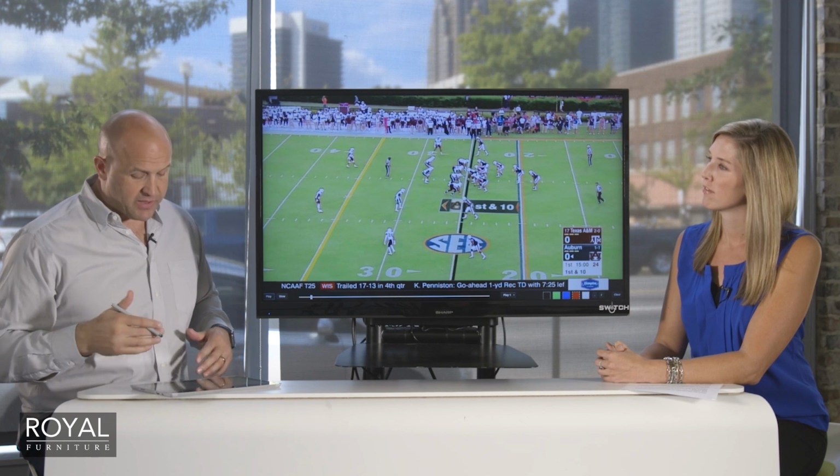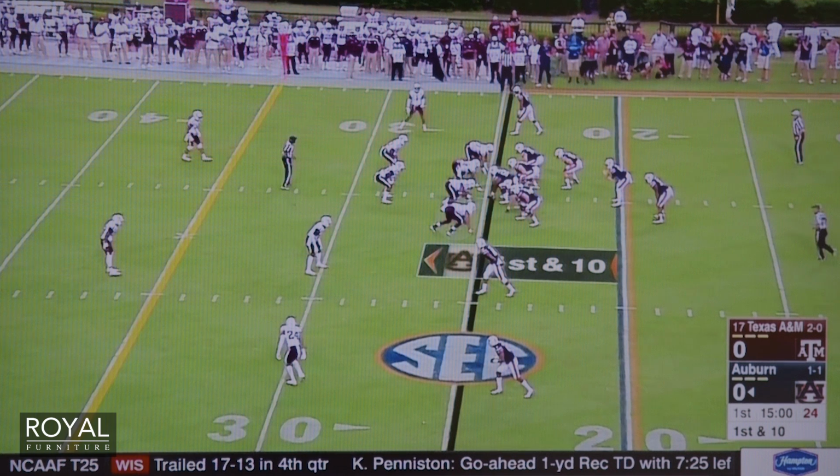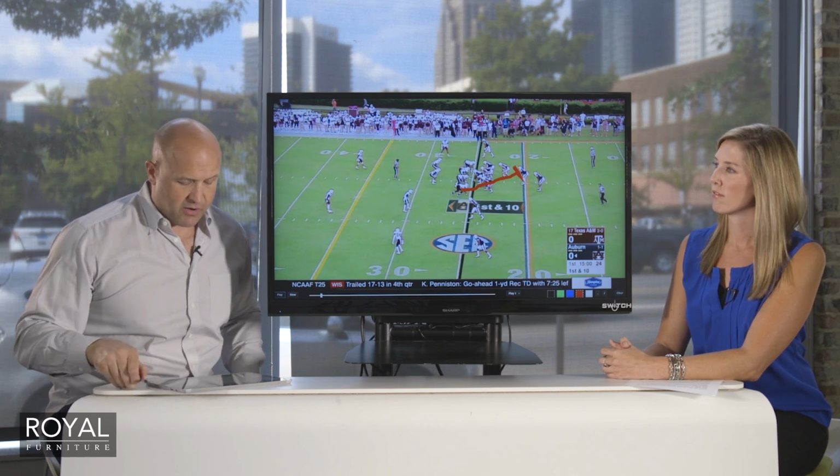Gus Malzahn alluded to it in his press conference with the mesh charge. First time I've heard it referred to as that, but to give you an idea of what's happening, mesh charge is the defensive end attacking the quarterback. The mesh that we all know, as Sean White takes a shotgun snap, is when he takes the ball and puts it into the belly of the running back. Now he can hand it off, he can pull it and run, he can pull up, and he can throw the ball. So a lot of different things can happen there with the mesh point.